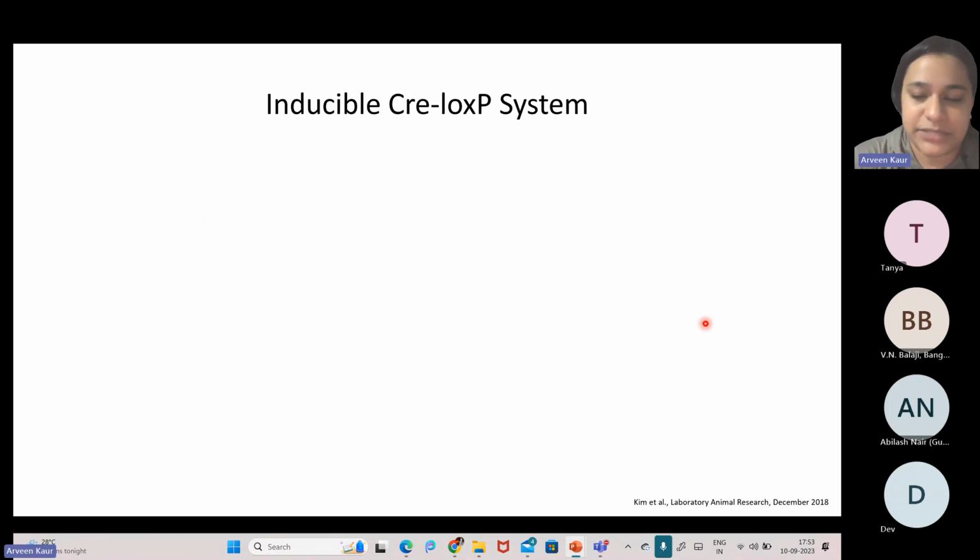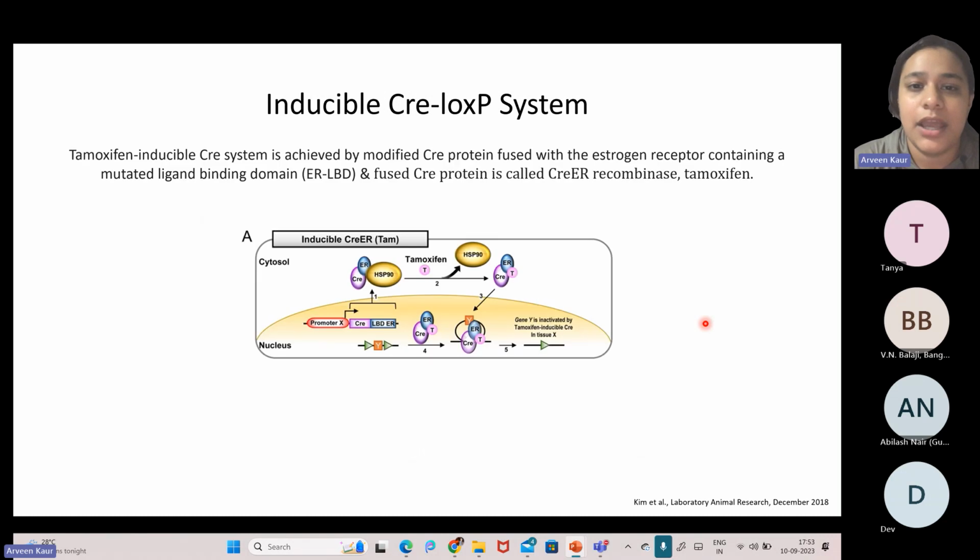Also, there are other inducible Cre-Lox systems that are available. For example, the tamoxifen inducible Cre system, which is achieved by a modified Cre protein fused with the estrogen receptor containing a mutated ligand binding domain. Thus, it is also known as ER-LBD, or Cre-ER, because it is fused with a Cre protein. This is induced by one of the chemicals, which is tamoxifen. In this system, we have fused this Cre recombinase with the ER, or estrogen receptor. And whenever we give tamoxifen, this ER receptor, which can recognize tamoxifen, will get activated, and it will be able to